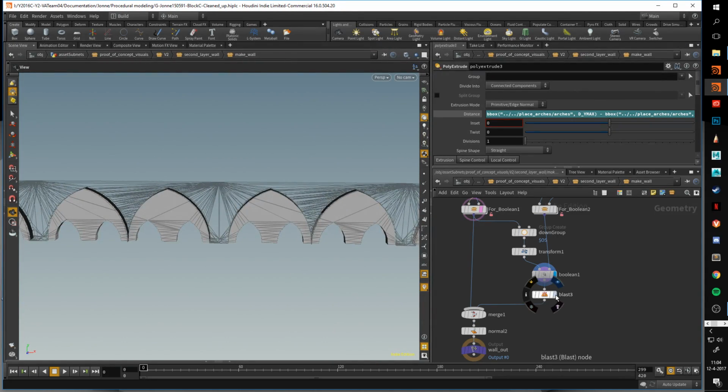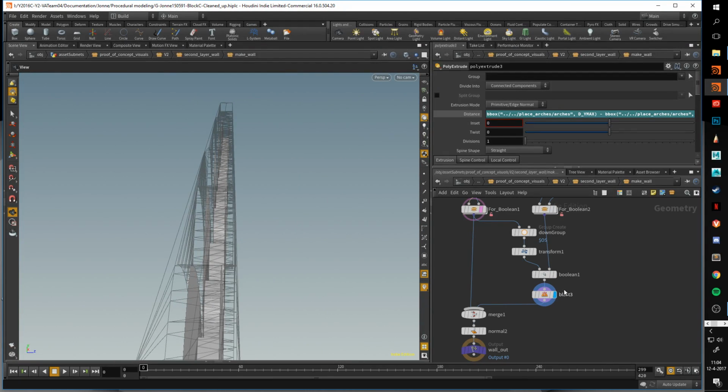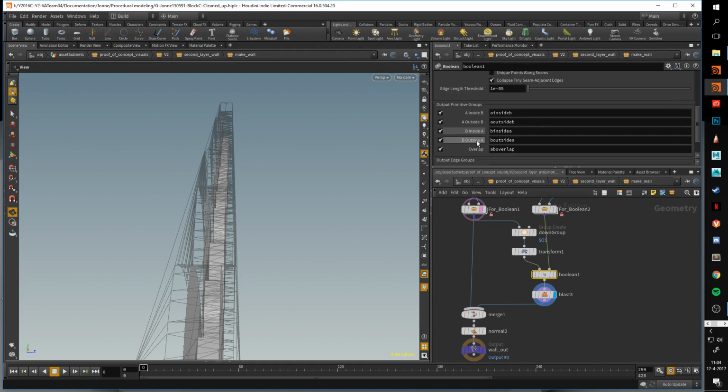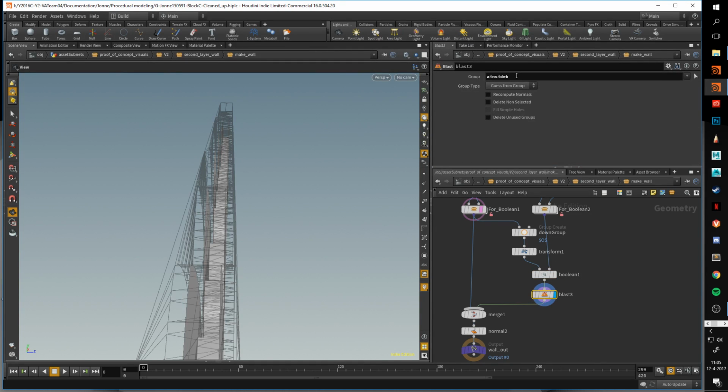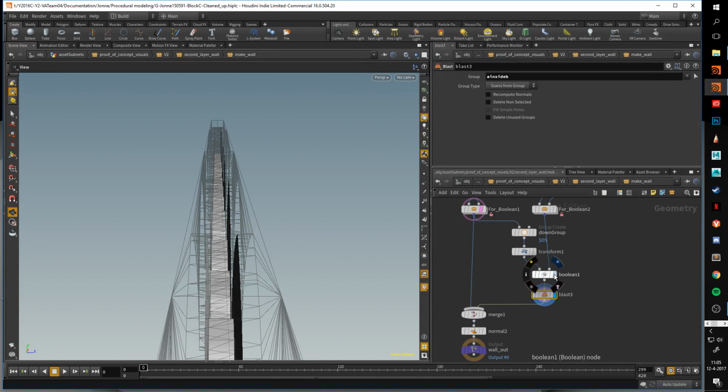So yeah, very simple. And I cut out the insides as well, so as you can see here. With a Boolean you can export a bunch of groups. And here I use this group in particular to cut out this middle part. So if you go before the